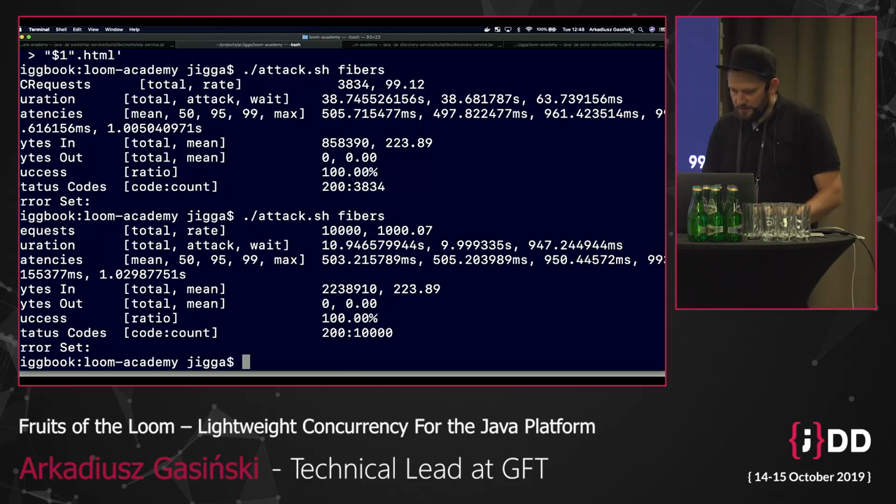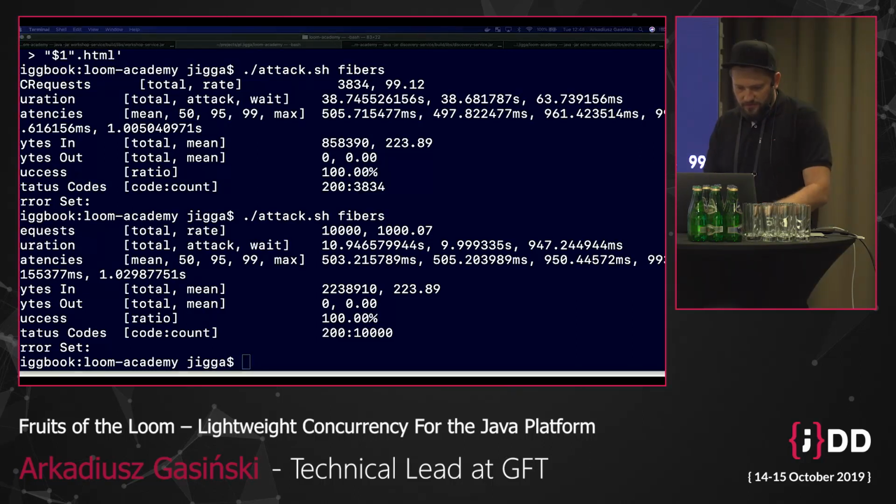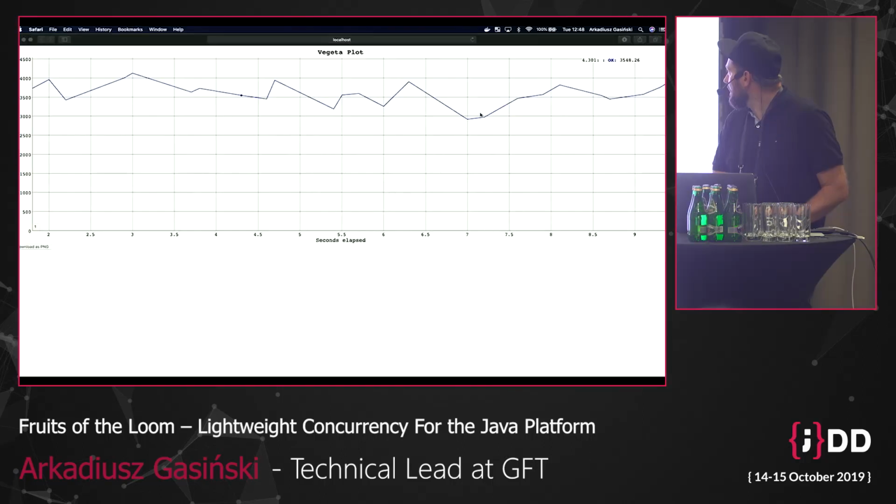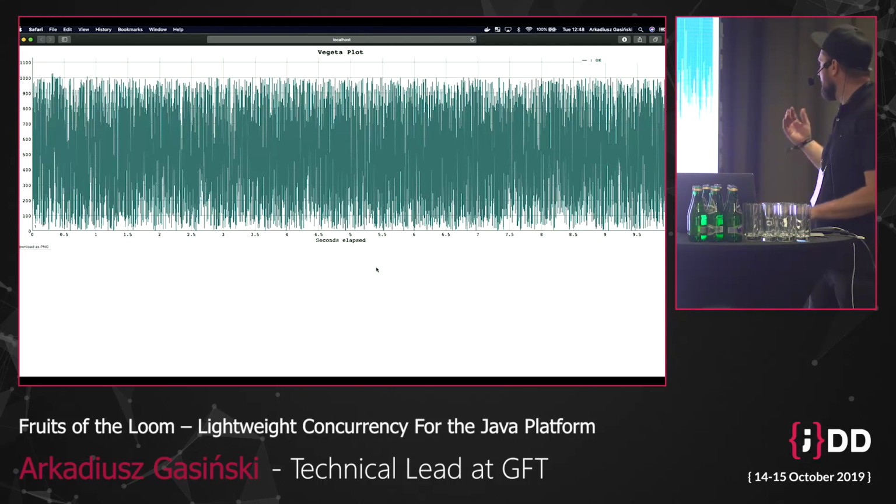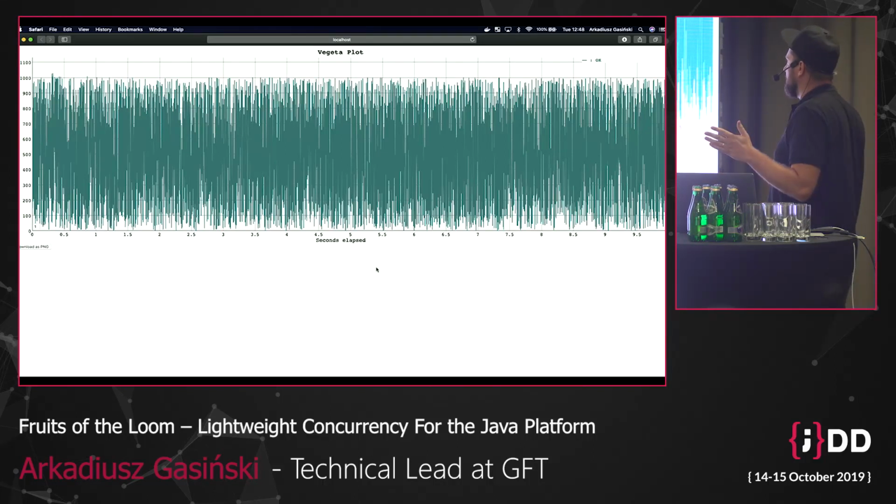And if we were to look at the graph that was generated from this processing, this is how it looks. It got much denser because we had much more requests that we processed. We only have 2 underlying kernel threads, and we've handled all these requests within up to 1 second.